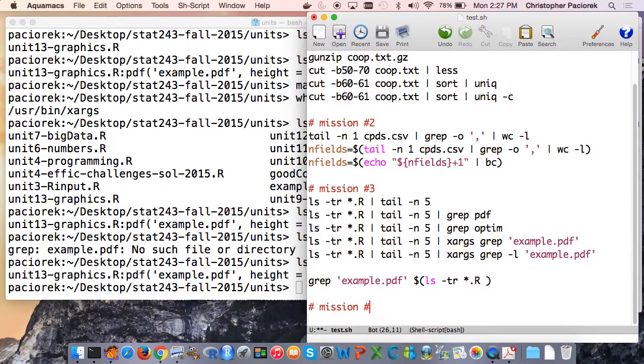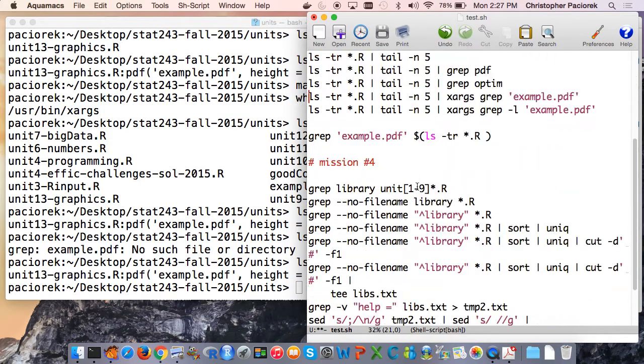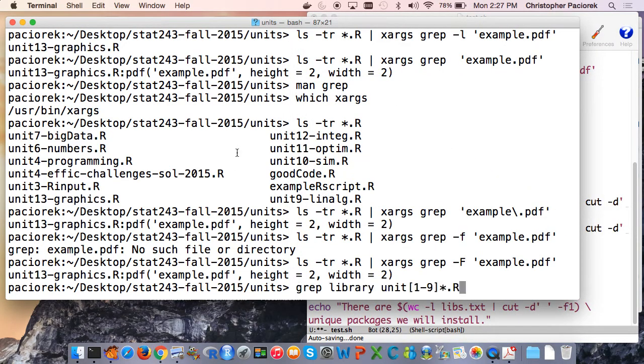Okay, so this is mission number 4. And I'm just cutting and pasting the code from the unit. Okay, so one way to think about this would be, and this is more just to illustrate the use of some more of what's called file globbing. So this is not quite regular expressions, but it's related. If I want to look in all of the files that end in .R but that have unit 1, unit 2, unit 3, up through unit 9 in them, and then any sequence after that, this will then